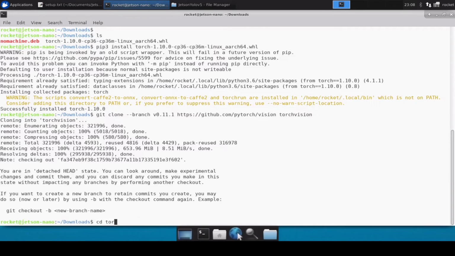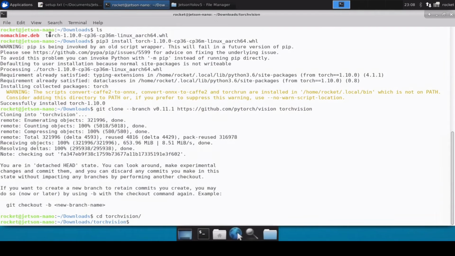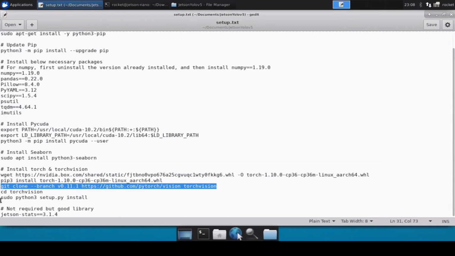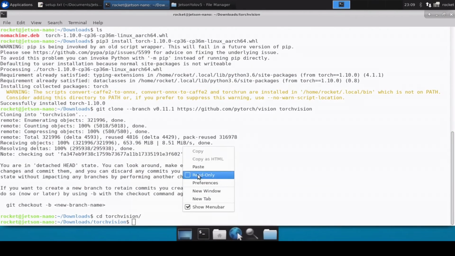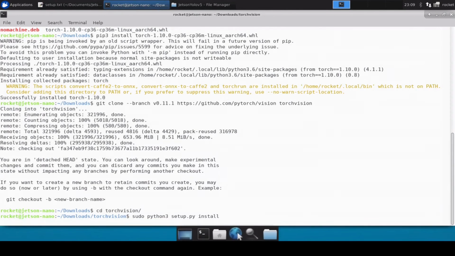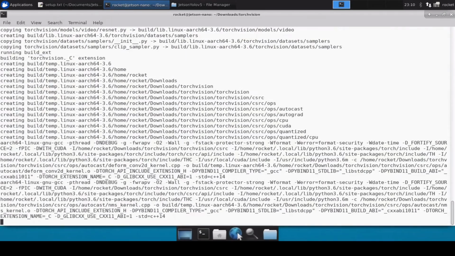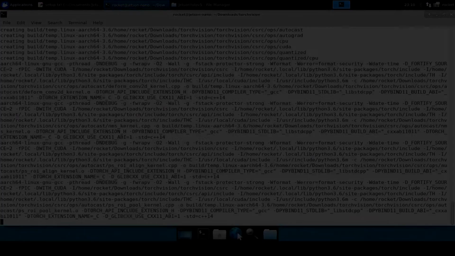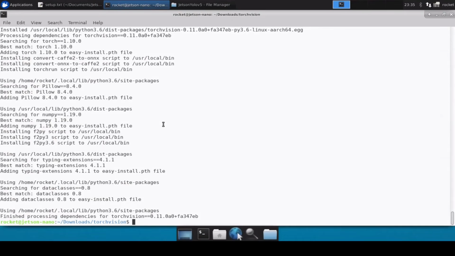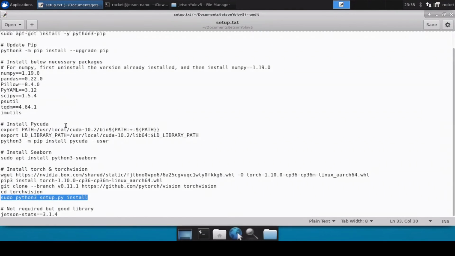Now let's move inside the directory, and then we can simply run this command to install Torchvision as well. So let's copy this and paste it here. Okay, so Torch and Torchvision are both now installed, and this also completes all of our requirements,